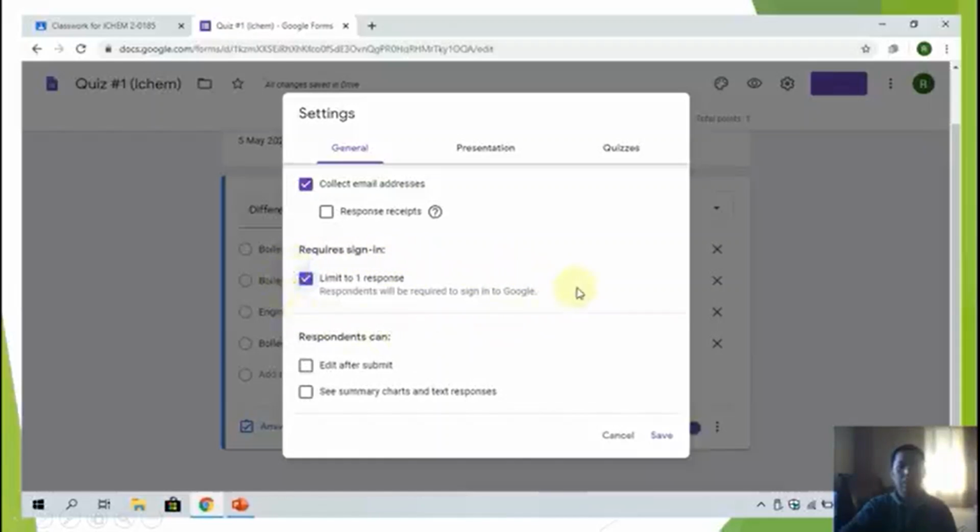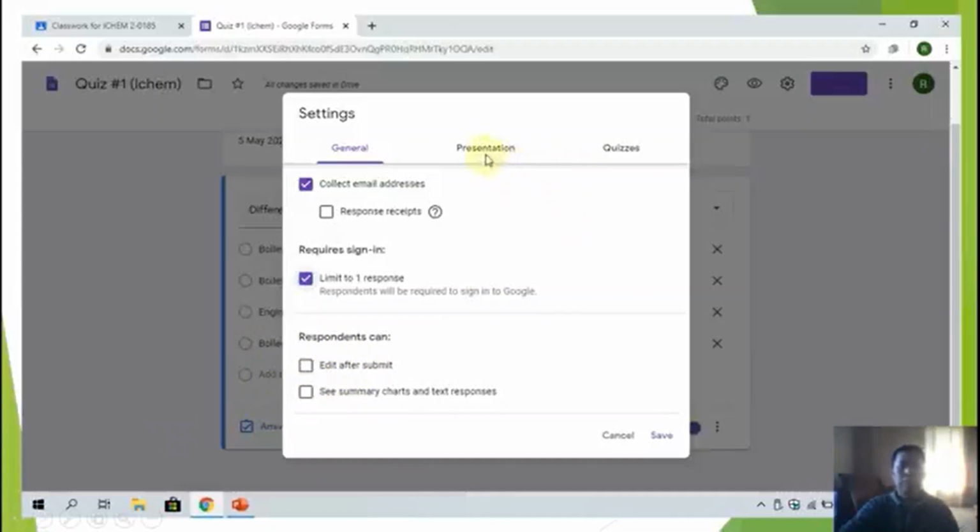I want only 1 response. So once they submit, they cannot take the exam again. Otherwise, you create another exam to assign them. So here, respondents can edit after. So I don't want to check this one. It's up to you.